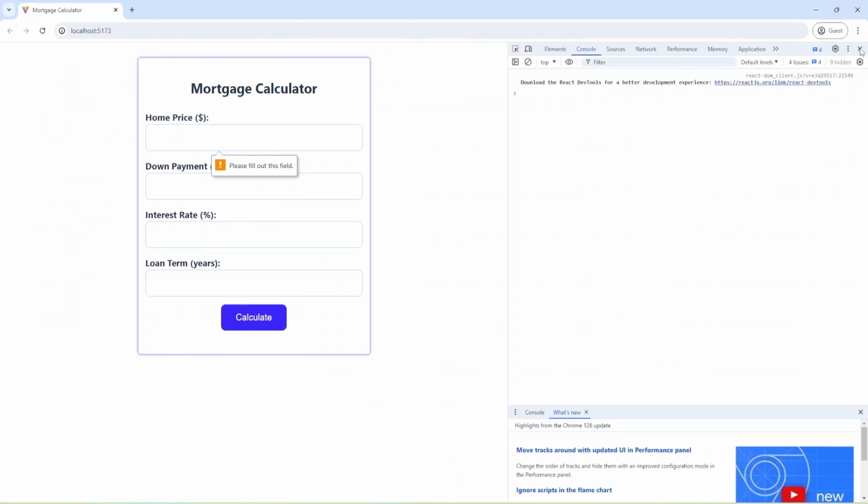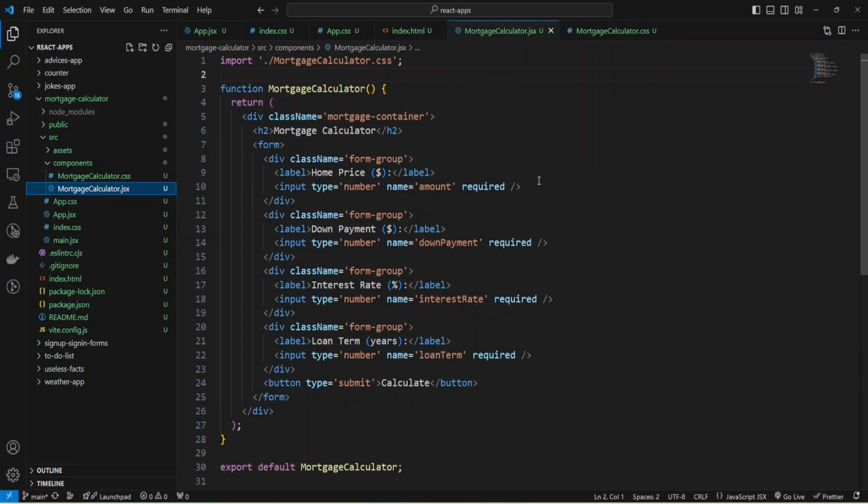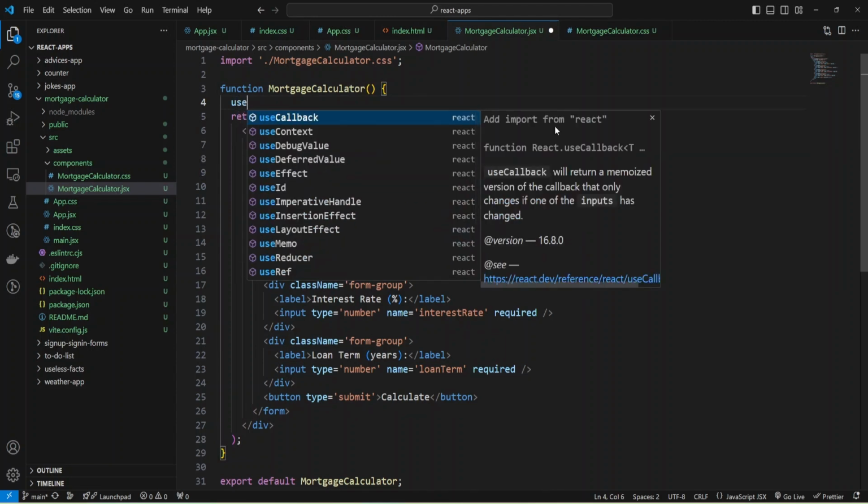Now I can close this, and let's return to JSX code and write our calculations because we have only required checks. Let's add values to the inputs and calculate our mortgage payment. I'm going to use state hook.